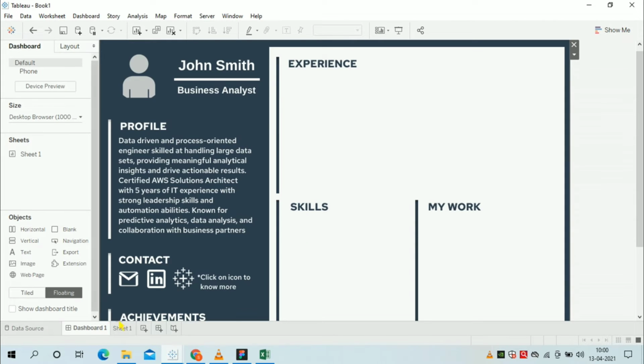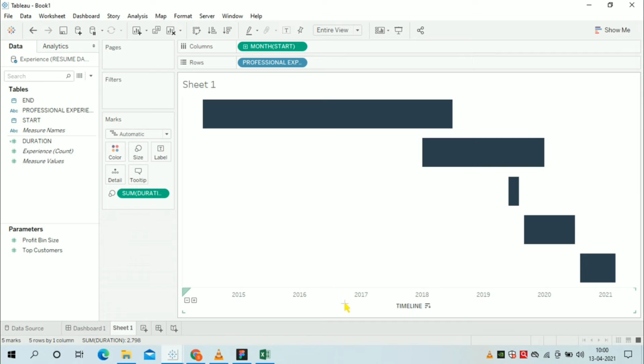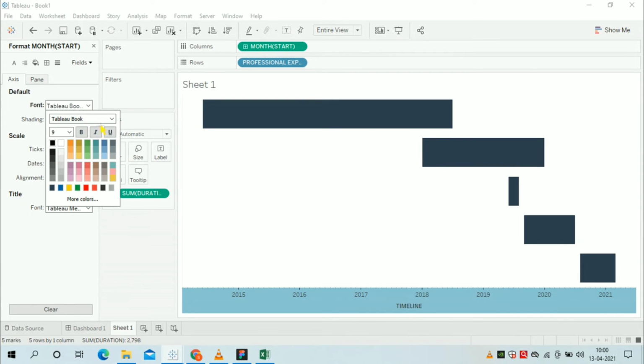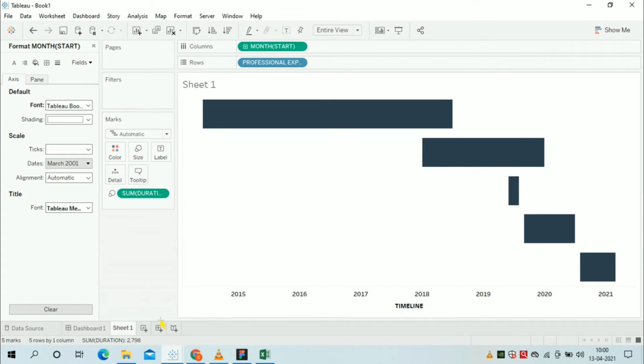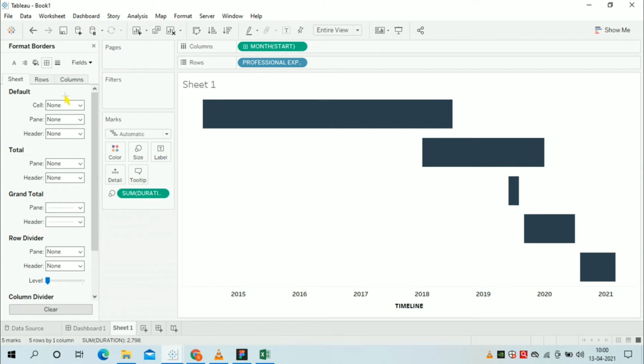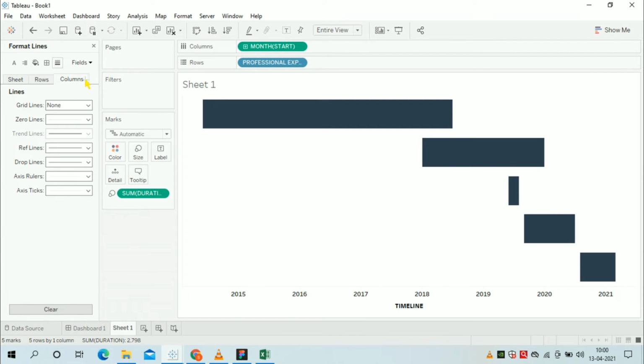Now we'll go to dashboard and import this sheet. But before that we'll format the axis, give it black color, make it bold and change the size to 10. Also we'll need to remove the grid lines. So we'll first remove the grid line so that our view looks proper.